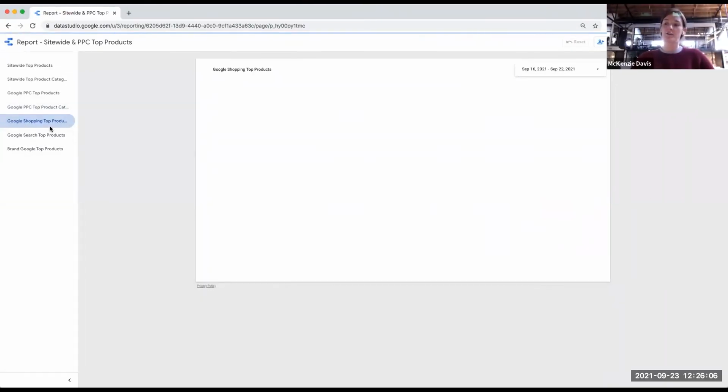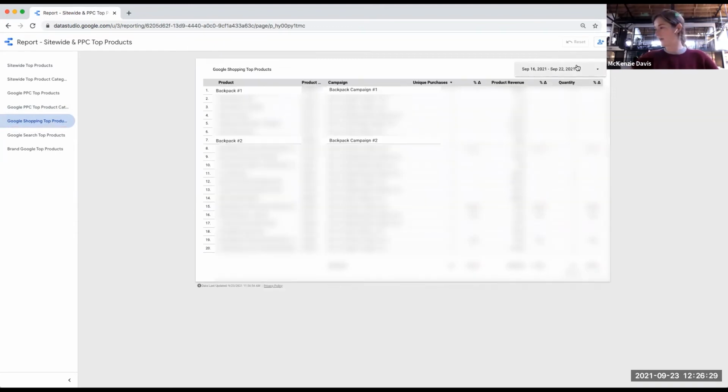I find the following tabs really helpful when I'm doing maintenance. So this is kind of the more week to week piece. Shopping top products. So this helps me to pull out certain item IDs. This is really where we look at inventory a little bit more too. Now let me look back at like